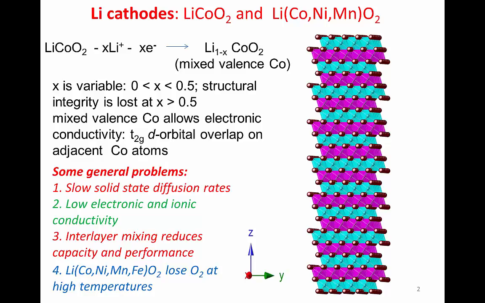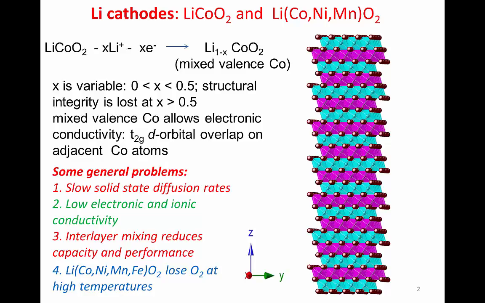So you take LiCoO2, remove a number of lithium ions, x, and a number of electrons, giving LixCoO2, and as we said earlier, x is variable between 0 and 0.5. Another consequence of the variable lithium content is that the cobalt has a mixed valence of cobalt 3+ and cobalt 4+, and